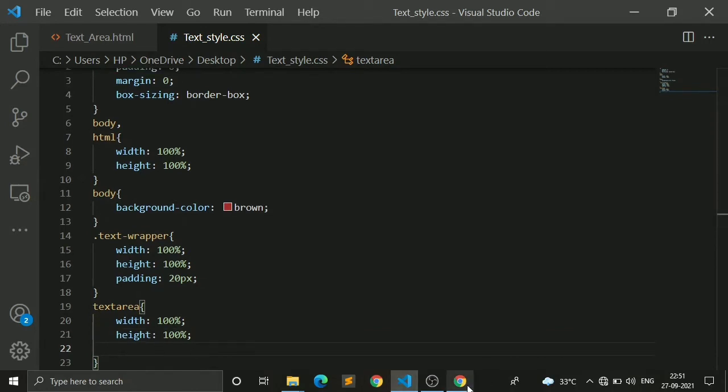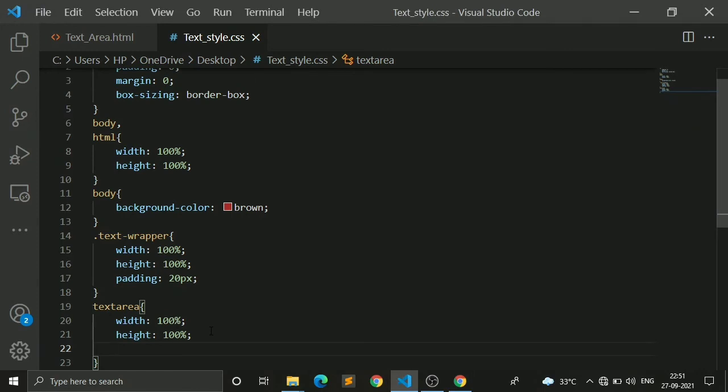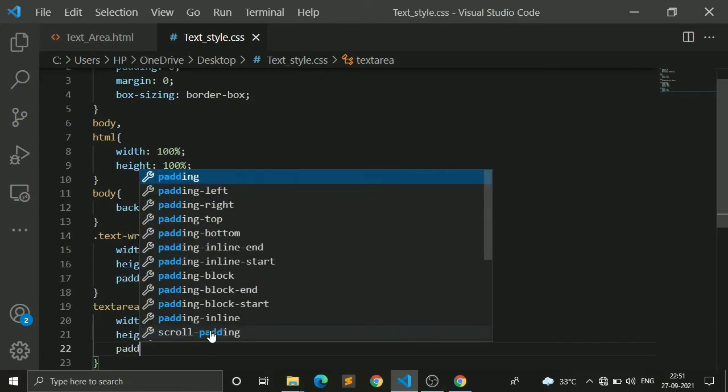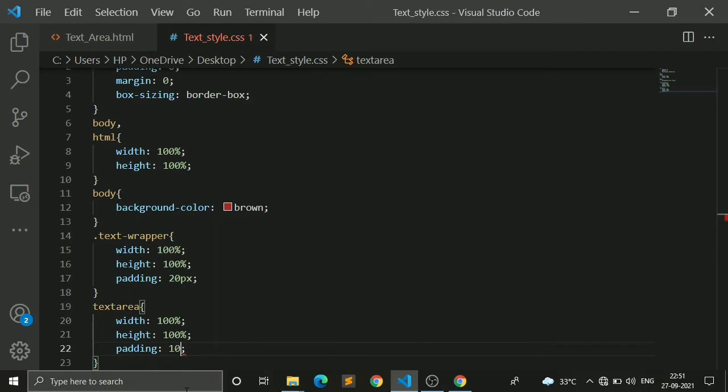So when I have written the height and width of 100%, then you can see that it is looking like this. So next line I will give a padding of 10 pixel. So this padding is required, because I am showing it to you after writing this code.